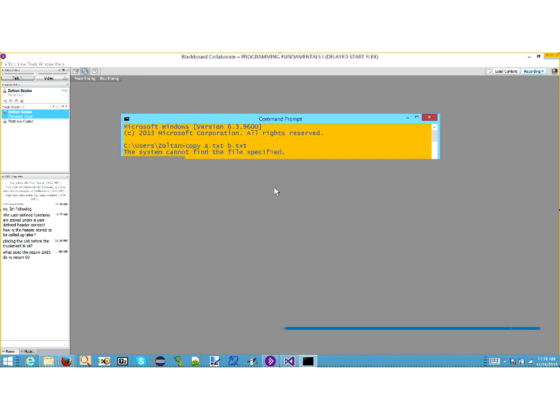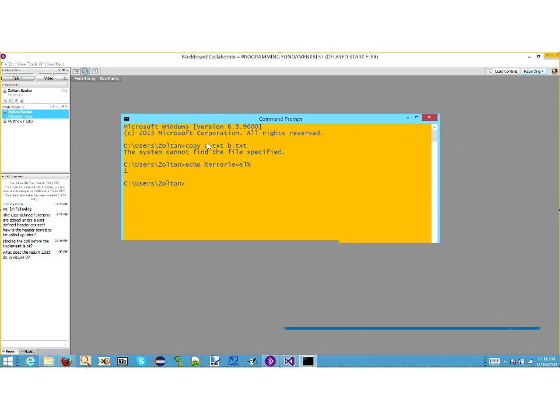And if I do echo error level, you can see it returned 1. So the copy code actually branched. This is not 0. This is something went wrong. What went wrong is the user, I display a message to the user, but to the operating system I send a 1,